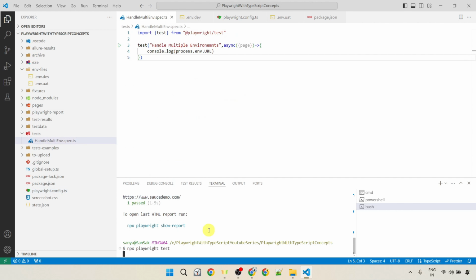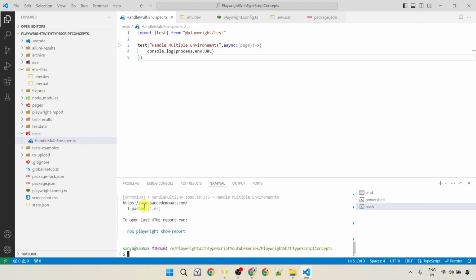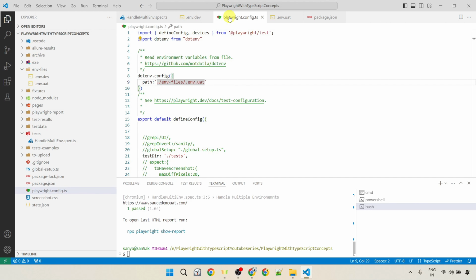So npx playwright test. See, now we have got the value from the .env.uat file, which is source demo uat.com. So like this, we are able to handle multiple environments, right? If we want to execute test cases for the dev environment, here we change the path for this .env.dev file. And if we want to execute test cases from the UAT environment, then we change this path for this .env.uat